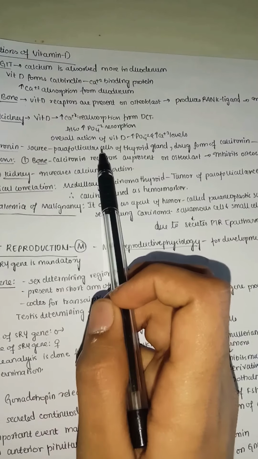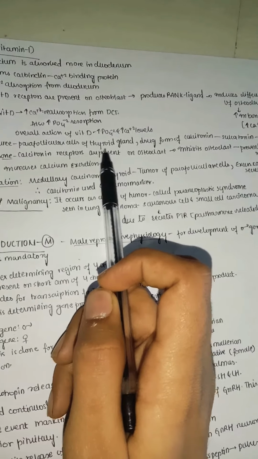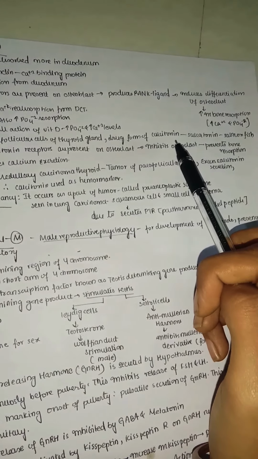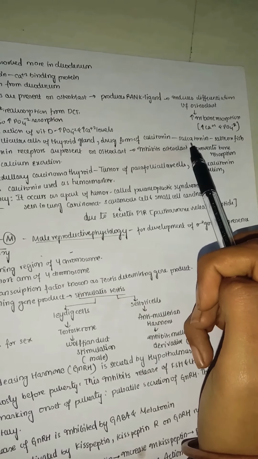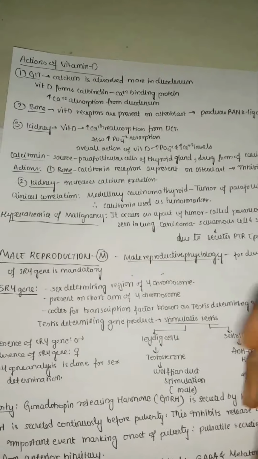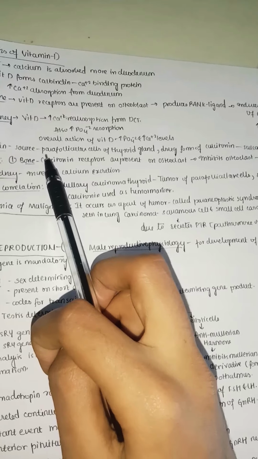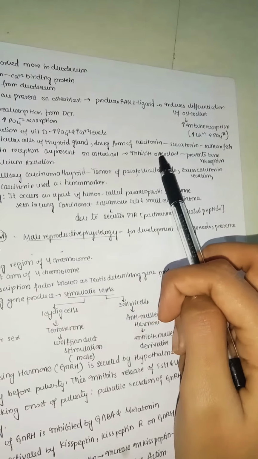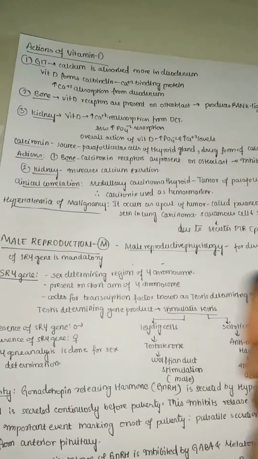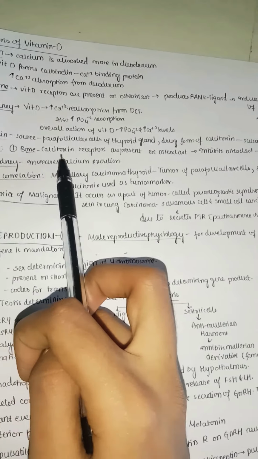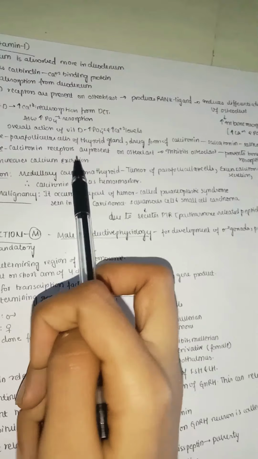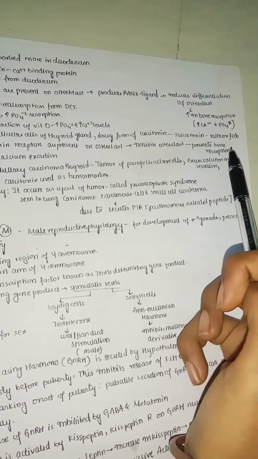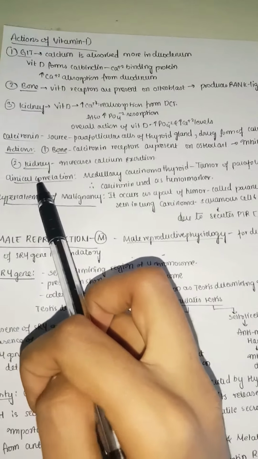Calcitonin's source is the parafollicular cells of the thyroid gland. The drug form of calcitonin is salcatonin. It's mainly coming from salmon fish. So calcitonin's main source is the parafollicular cells of the thyroid gland, and the drug form of calcitonin is salcatonin, from salmon fish. And actions: in bone, calcitonin receptors are present on osteoclasts, it inhibits osteoclasts and prevents bone resorption, whereas in the kidney,